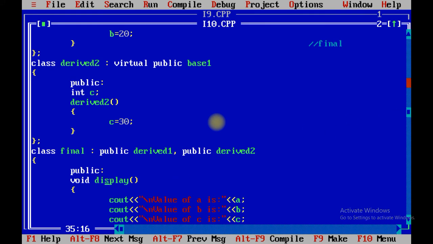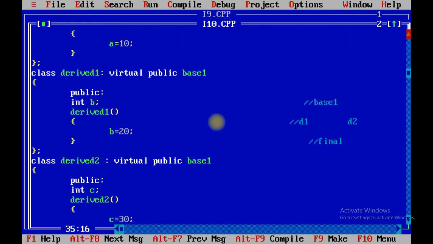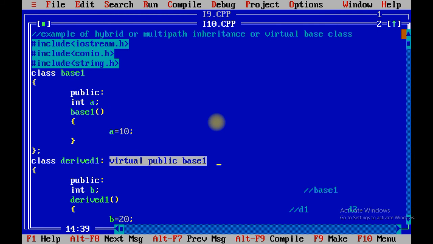But this is not the concept. We just need to understand the concept of virtual base class. Virtual base class means that when you implement complete hybrid inheritance, such a thing is not possible in C++. So to make complete hybrid inheritance possible, you just need to use the virtual keyword before the base class.